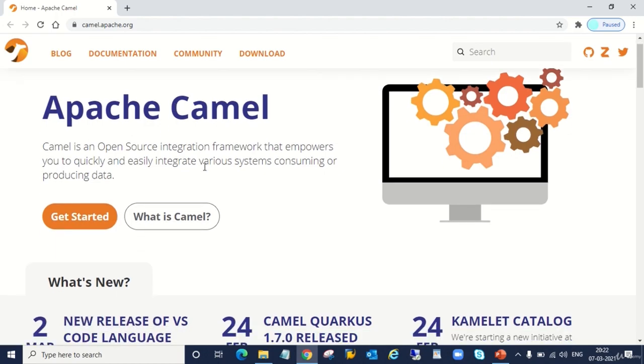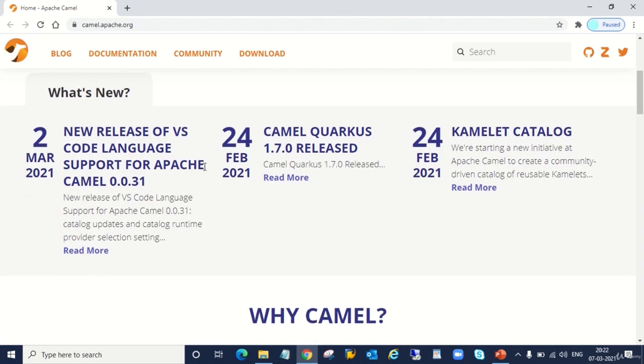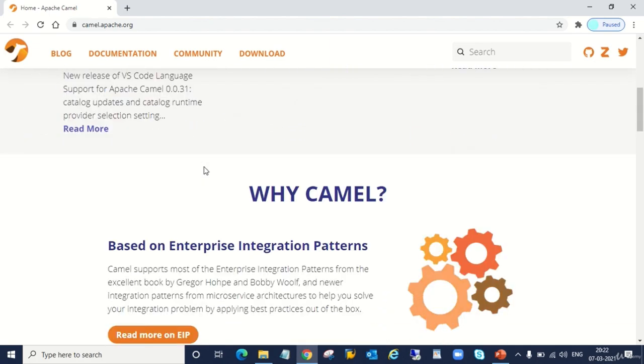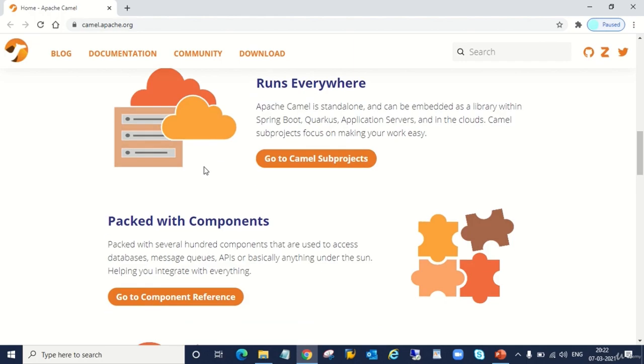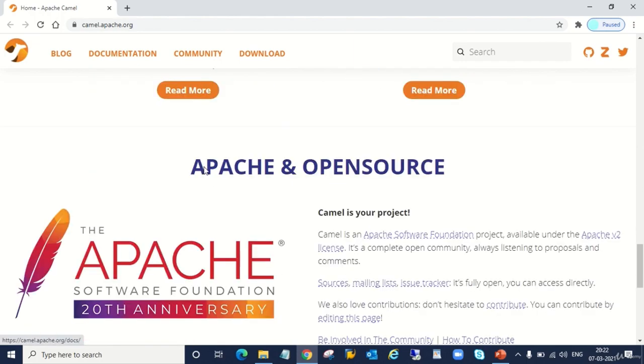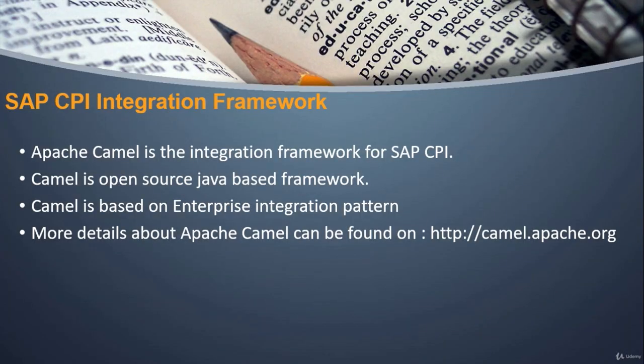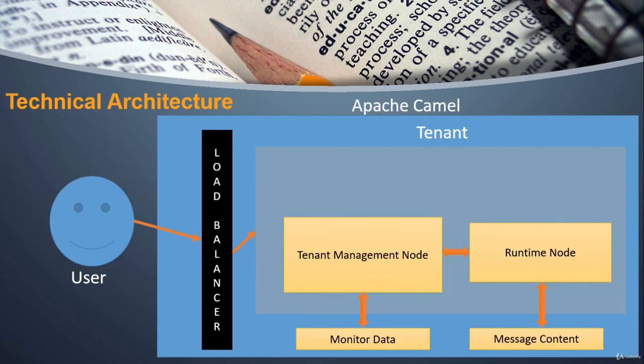I would suggest you have a look at this so that you can have a brief understanding of what Apache Camel is and how exactly it came into existence. You can browse through all the features which are there for Apache Camel. We will be seeing the details of iFlows and how we can use them in CPI, so indirectly we will also be seeing Apache Camel.